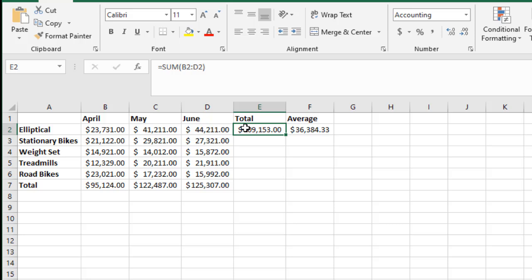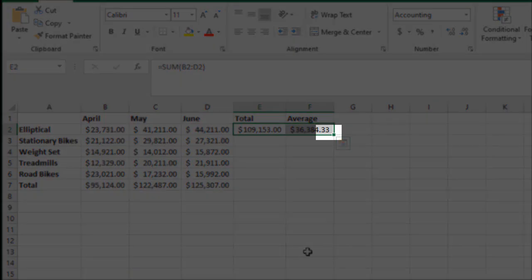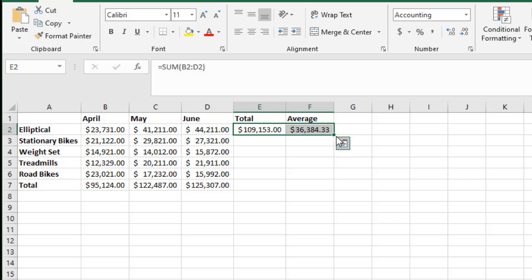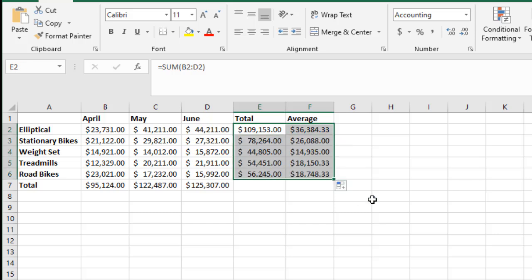Now, if I want to apply the total and the average to all of my items, I'm going to select both total and my average cells. Notice when I selected both cells, I still only have one of those little dark handles. And I'm going to click and drag this down for my cells with data. And this is going to, once again, drag and insert, automatically updating my formula